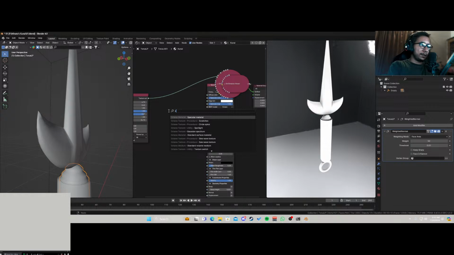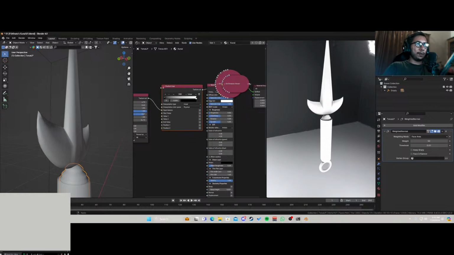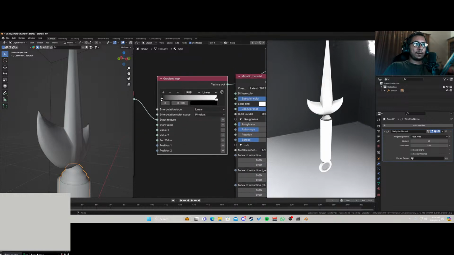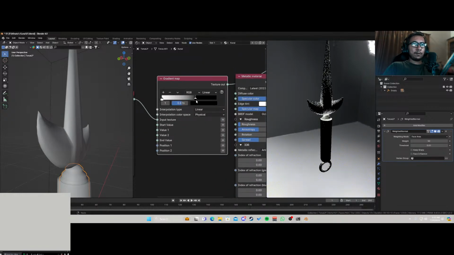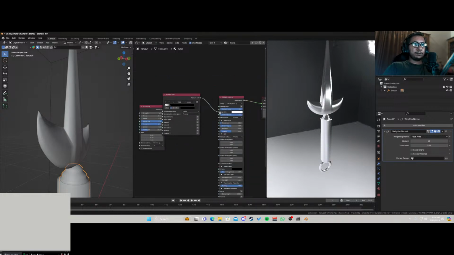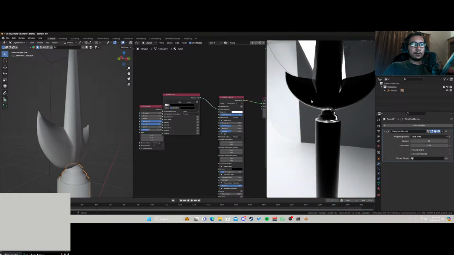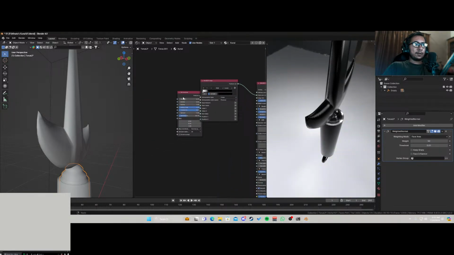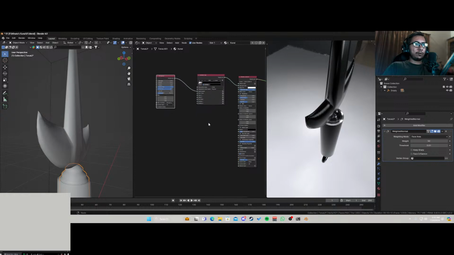And now I'm going to be adding in a gradient map. So I'll just put it like this. Plug it into the specular color. And for the roughness over here, what I'm actually gonna be doing is